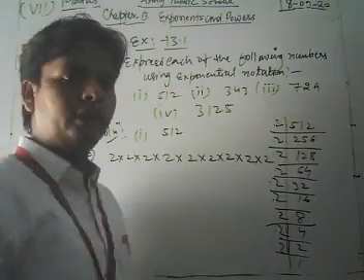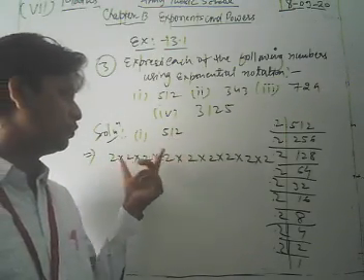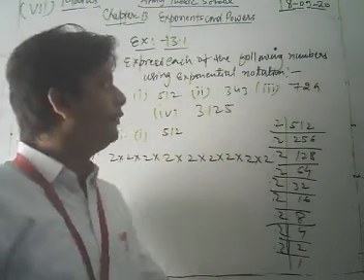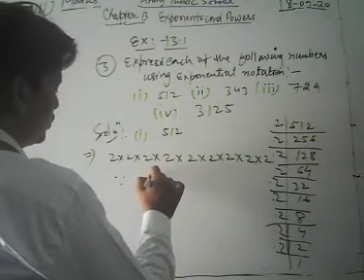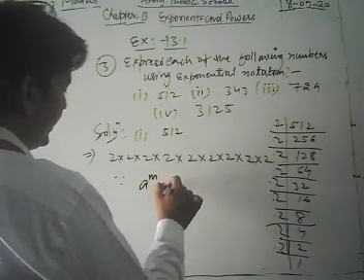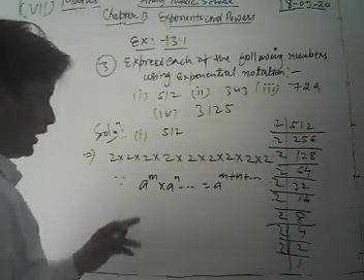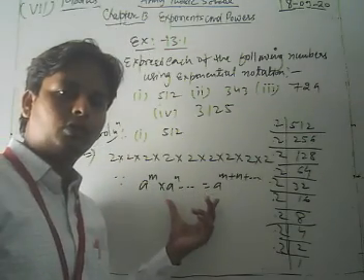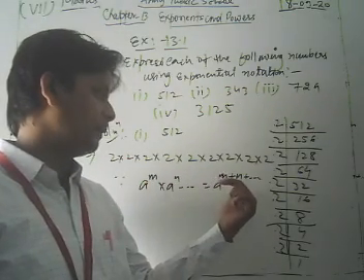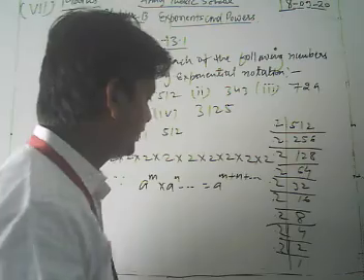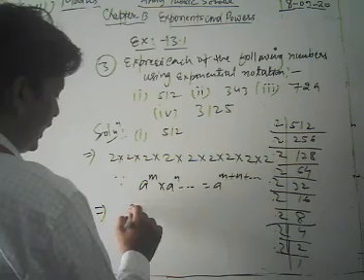So first of all, dear students, we write 512 in the form of 2 into 2 into 2 into 2, multiplying 9 times. Now we express the number in exponential form. Again we are using the concept a to the power m into a to the power n, and so on, so we write a to the power m plus n. So again here we use the laws of exponents. Here 2 is mentioned 9 times, so 1 plus 1 and up to 9 times is 9. So we write 2 to the power 9.